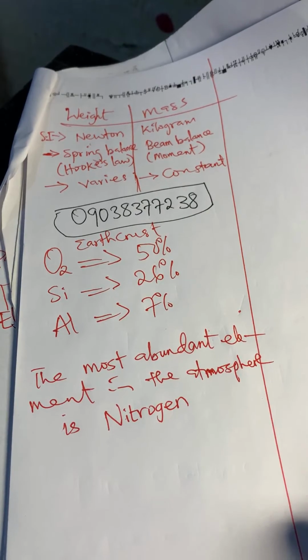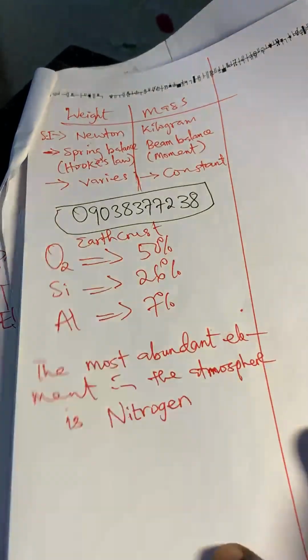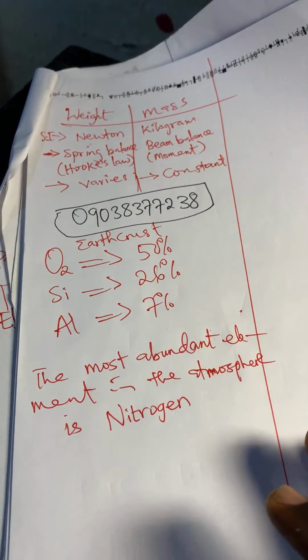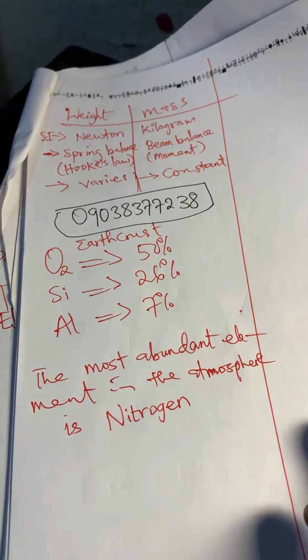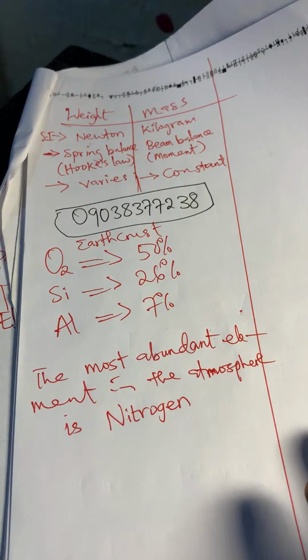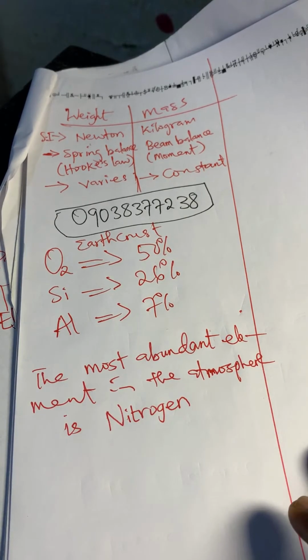A compound is a substance which contains two or more elements chemically combined. I'm saying it this way for those of you who are just joining. I'm reiterating what we have discussed thus far, and you should take note of these things.